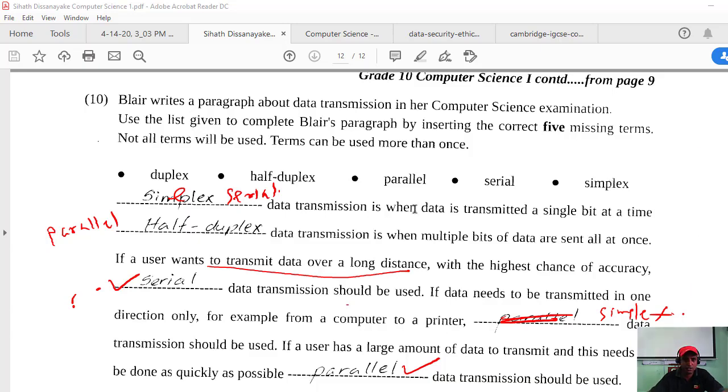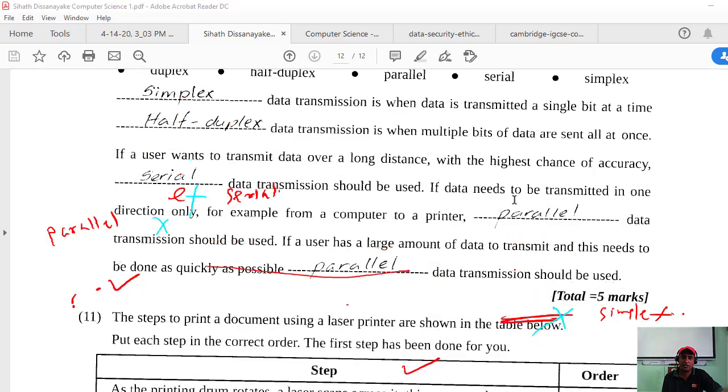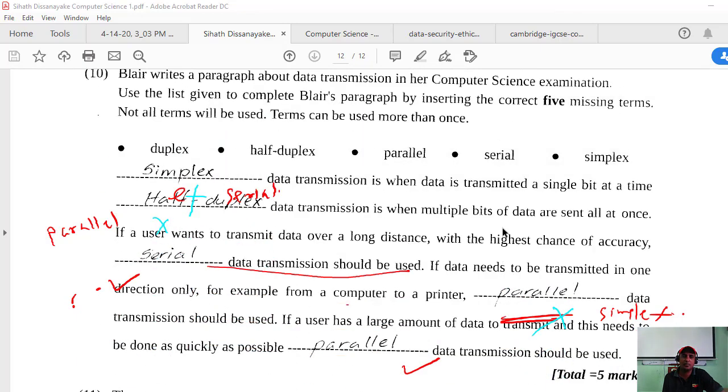How many wrong answers? Check. Yeah, this is wrong from your answer. This is wrong. This is wrong. And this is also wrong. You made a lot of mistakes in this question. Three mistakes, right?